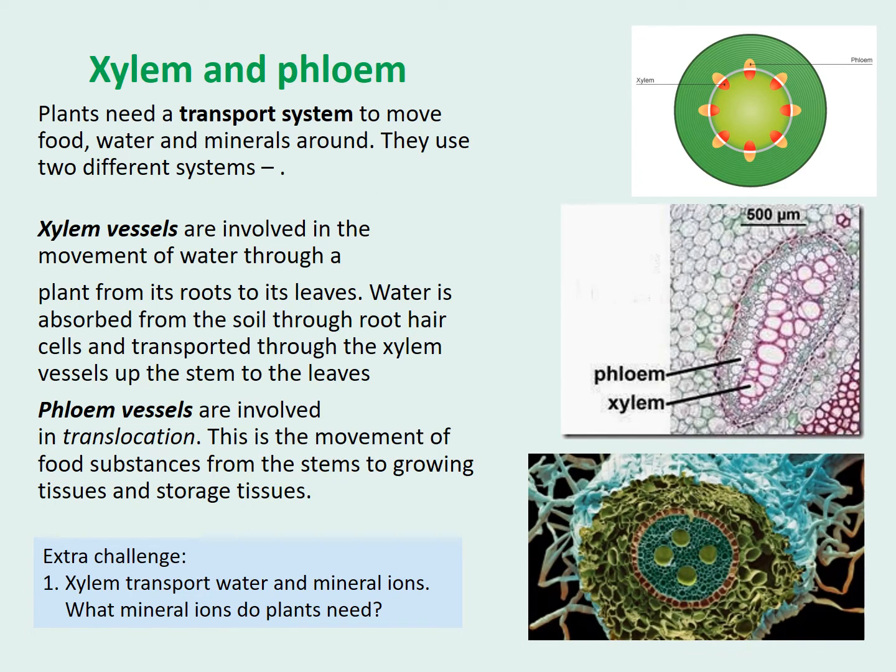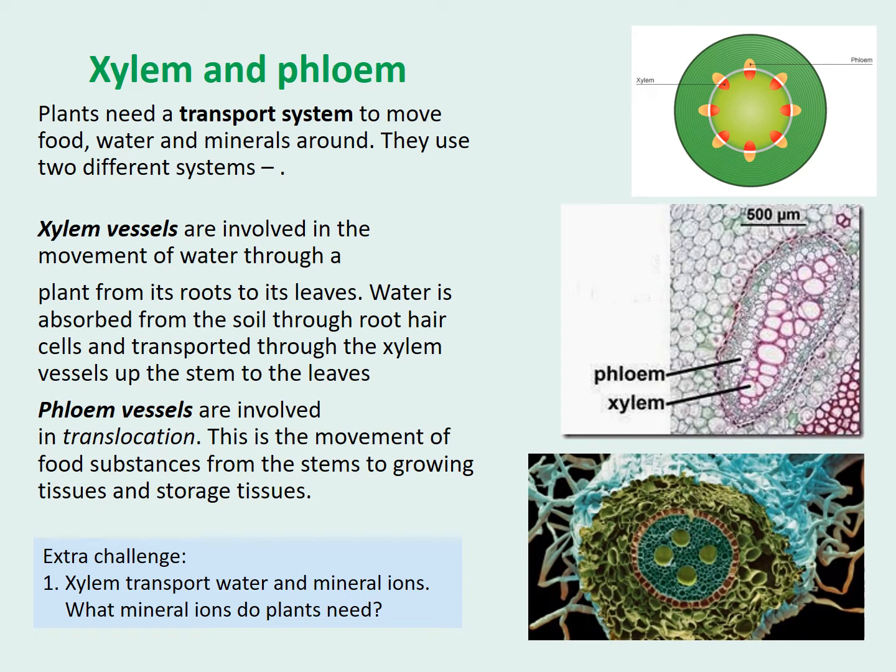Okay, so now we're going to be looking at something that has come up before, which is the xylem and the phloem. Now these tissues are really important because they are what transport things around the plant, and they transport water, minerals, and also food substances. And there's two main types of vessel that do this. You've got the xylem vessels, which are to do with moving water and minerals, and that goes from the roots